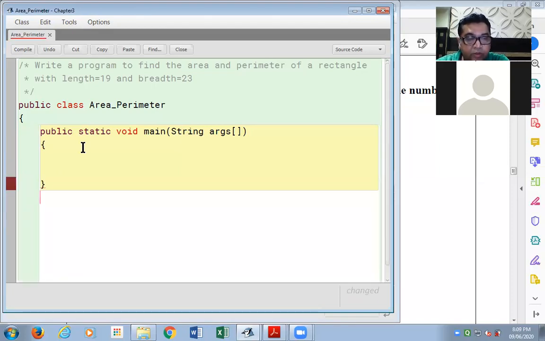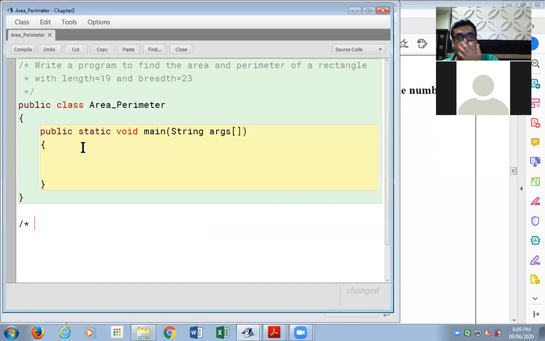Curly braces I'm giving for the main function, curly braces for the class. I repeat, you're not going to keep the solution in front of you, you're going to keep it closed. My question is, how many variables do we need in this program? Tell me the number of variables we need in this program.